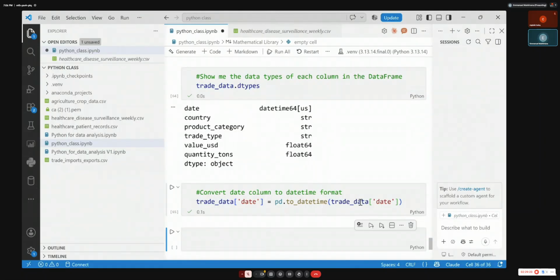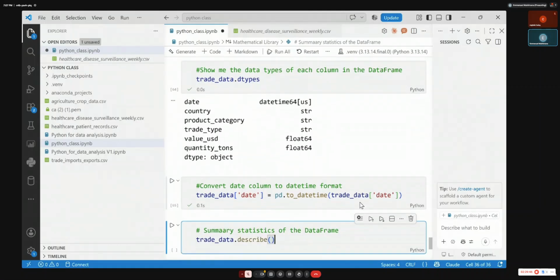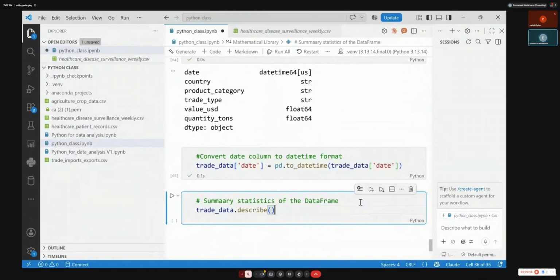So now we can also check the descriptive statistics, or summary statistics. If you need to know the summary statistics of a data frame, you put this describe.